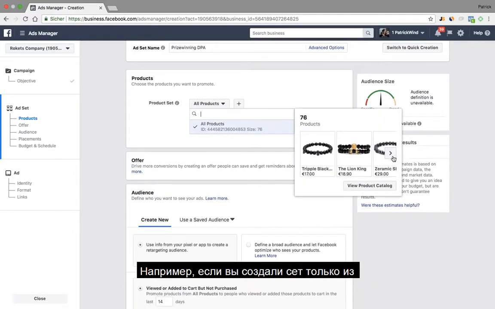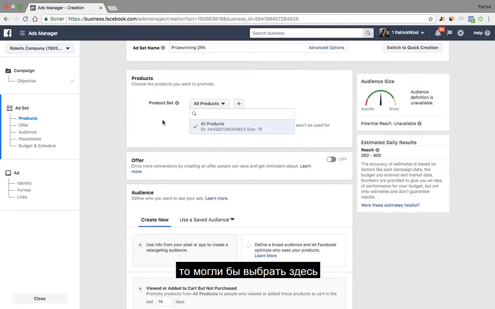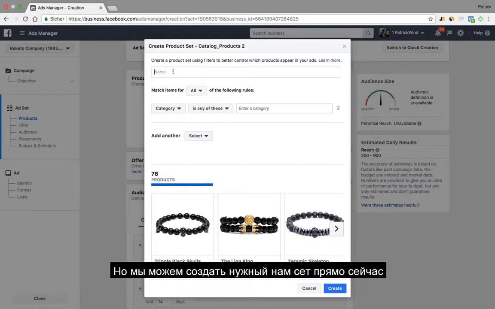Here it's very important that we can select a specific product set. For example, if we would have created up front a set only for the white bracelets, for example, or only for the ones with a golden symbol, that would be something that we could select here. But we could also create a product set when we are in this moment. So for example, let's call it the skull